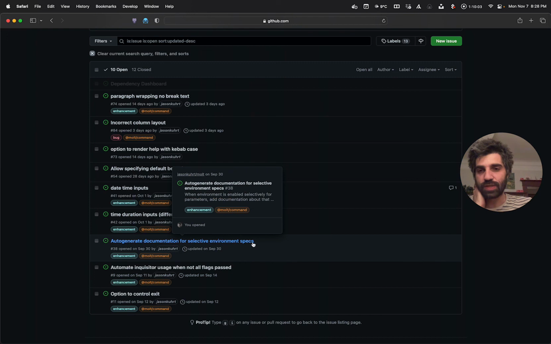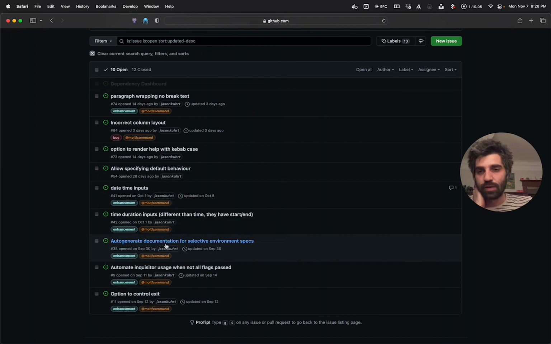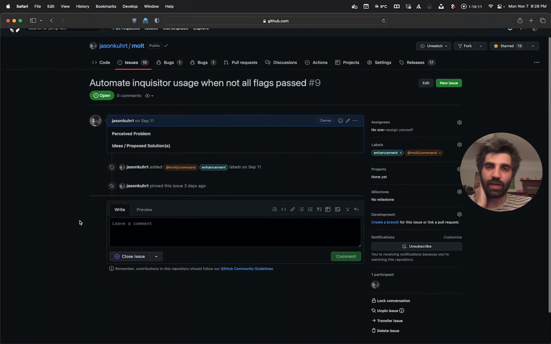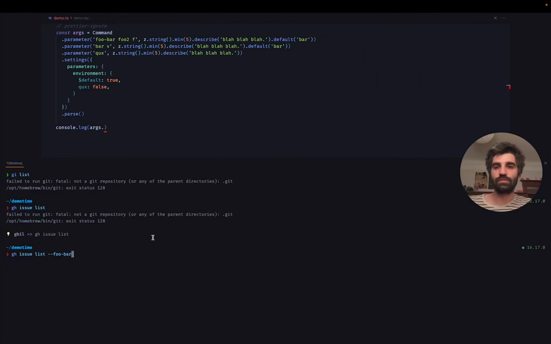Auto-generate documentation for selective environment specs. Can't remember what that is. Whatever. And automate Inquisitor usage. I don't know if there's a good example. Inquisitor is a thing where basically it prompts you for input. Actually, I can kind of show you if I did. Oh no. Anyway,